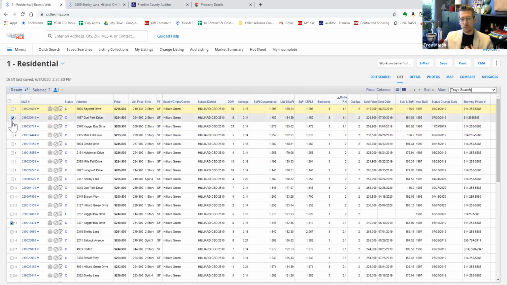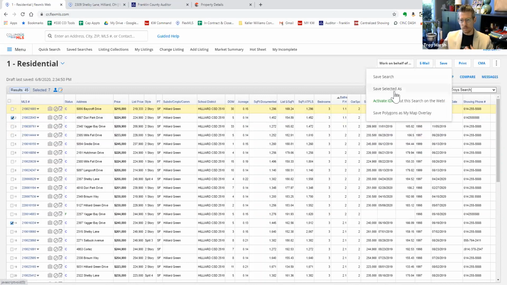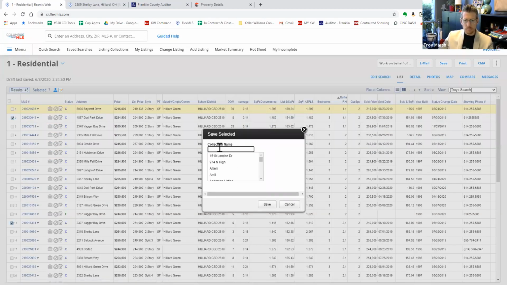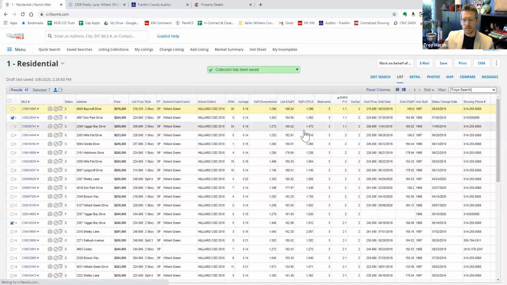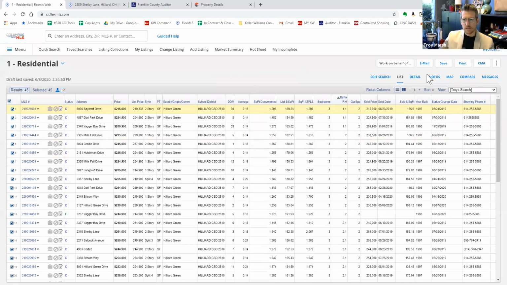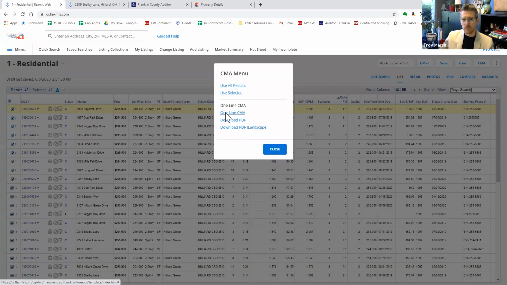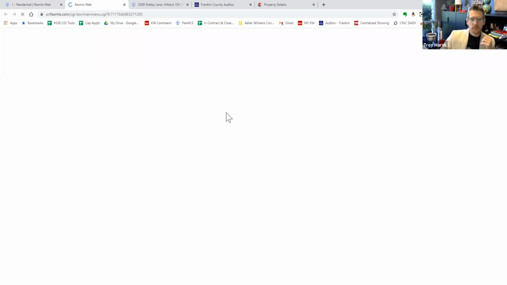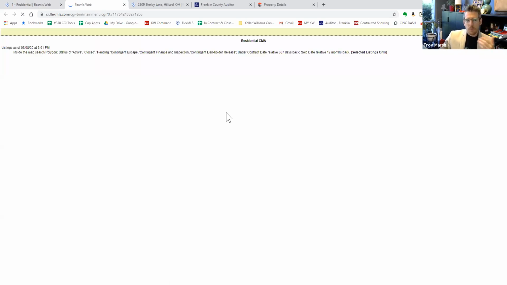Let me save these to a collection so I can always come back to those. I'll come back to the comps in a second, but I want to show you what I use the 1-line CMA for. So I'm going to pull up the 1-line CMA,